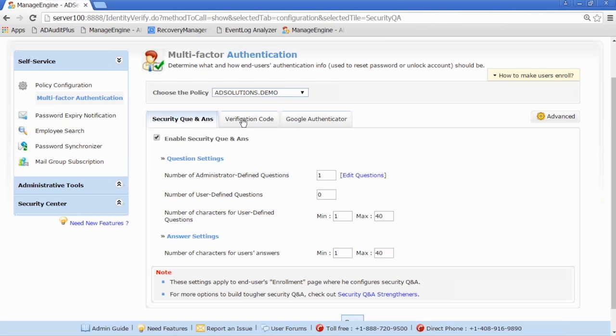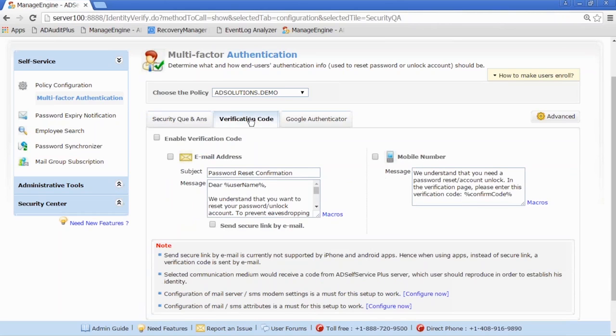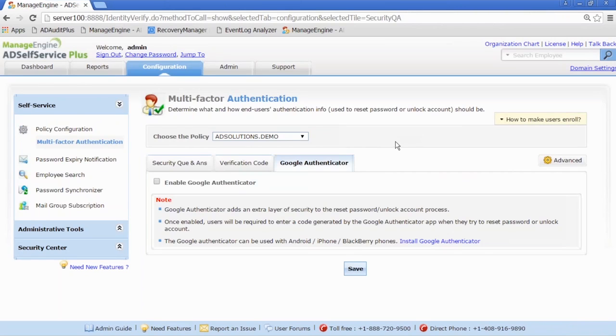Now, if you don't want the question and answer option, you can go to verification codes. Again, just like you have with other online resources. We can do email, we can do mobile, we can now do Duo. We also have Google Authenticator. So depending on how you want to have additional authentication and security for users that are utilizing the self-service portal, this is where you make these decisions.